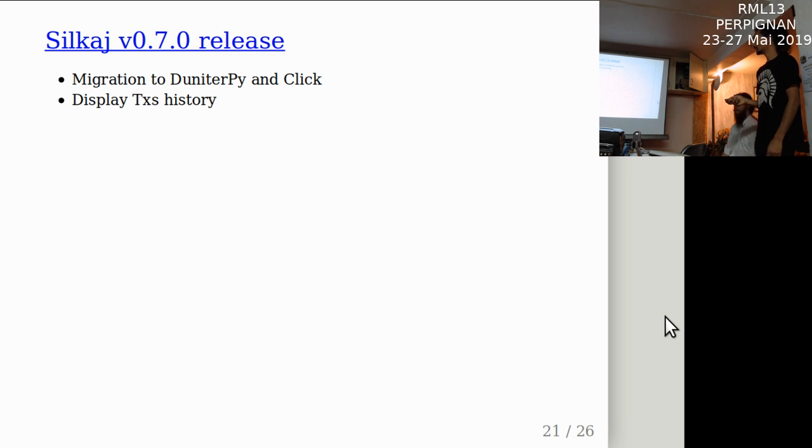Now we can display the transaction history. You put Silkai history transaction, and you will get your full list of transactions. A very awaited feature. Then now we have a package in Debian and Ubuntu. That's a very nice feature.